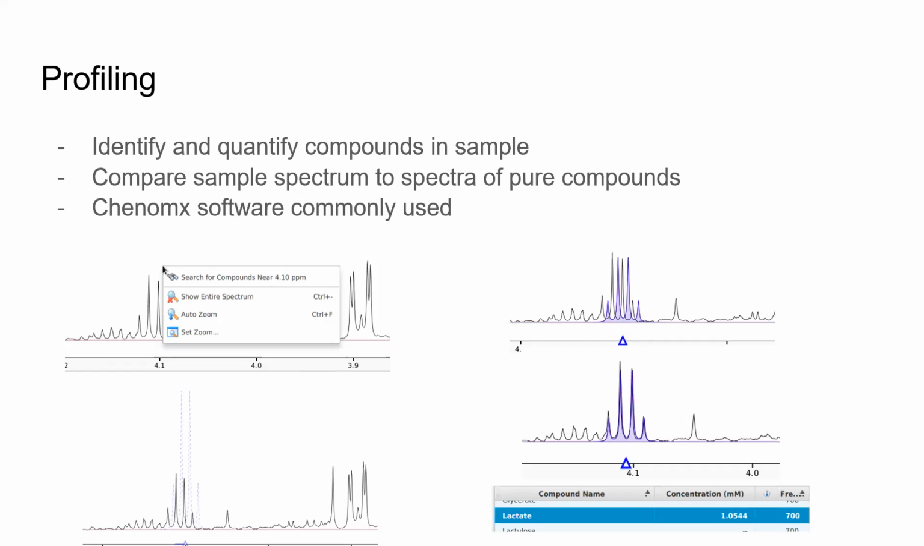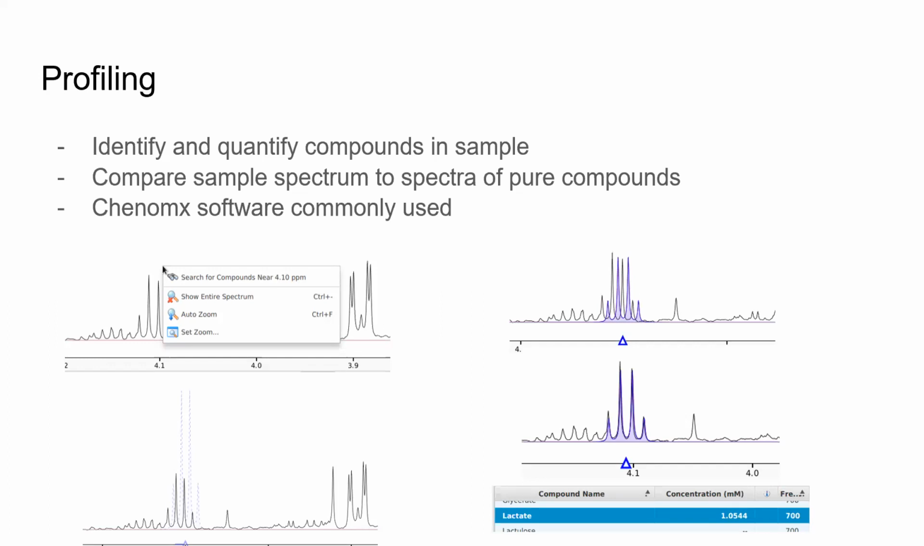You pick an interesting peak and you can search for compounds in the database that have a peak in that region. Then you can look through the list and see if you can find something that matches the patterns that you see in the spectrum. In this case, we find this pattern with 4 peaks in it, and then we can drag the peak until it matches with the spectrum. This compound is lactate or lactic acid, and it has a concentration of about 1